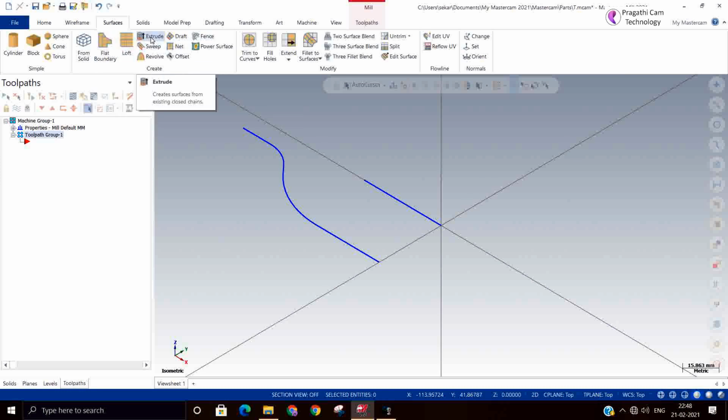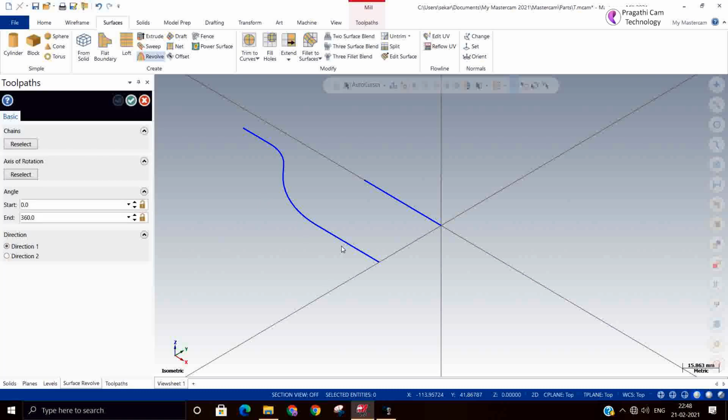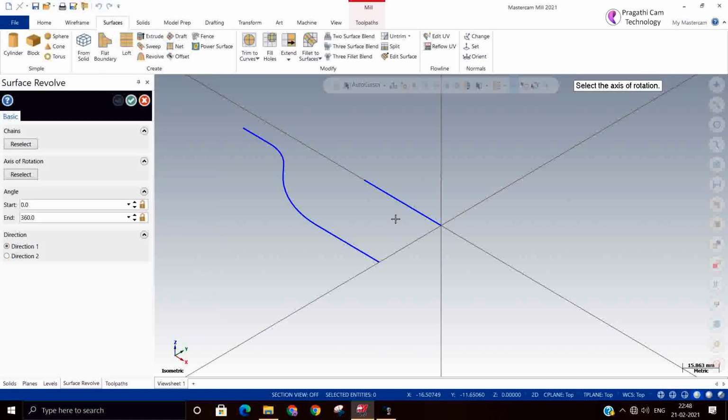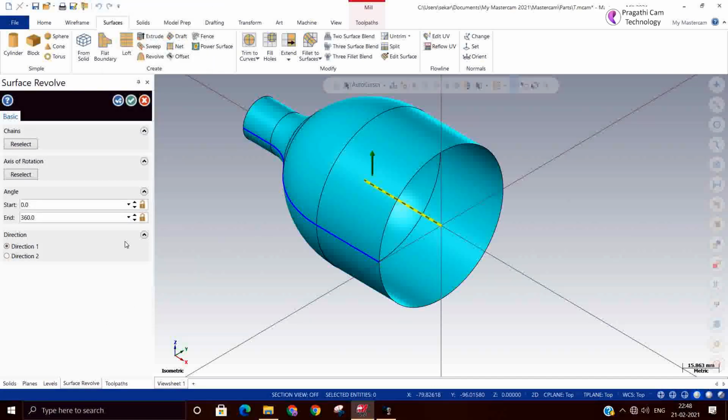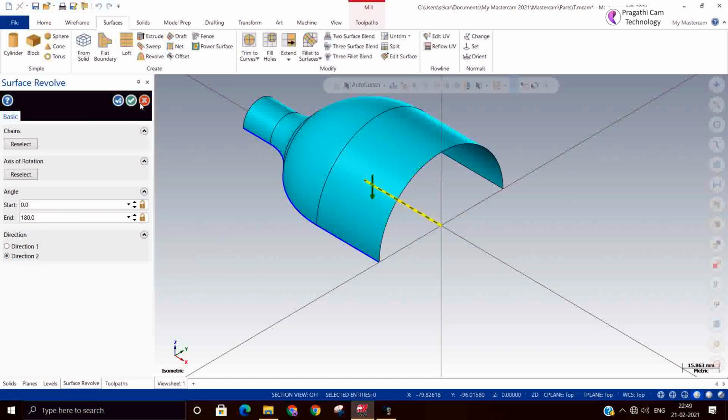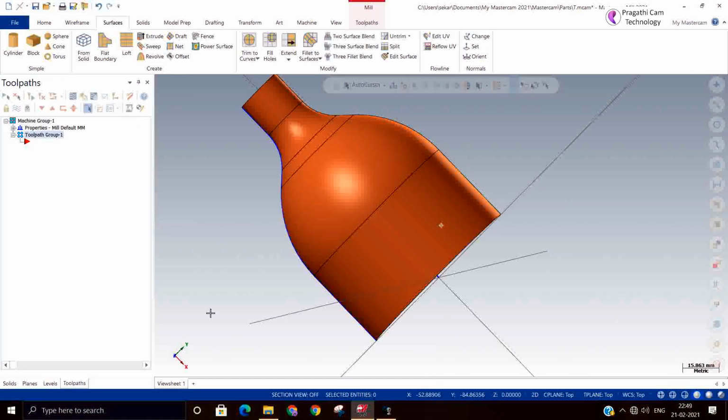So now I will go to surface revolve. So this is your rotary axis. I will say 180 degree. I am just trying to show you how it looks like. The toolpath is going to make like this.